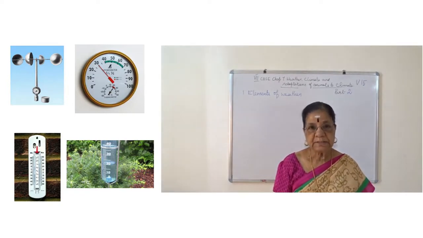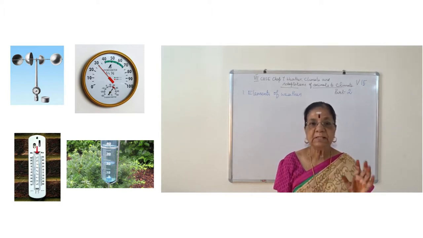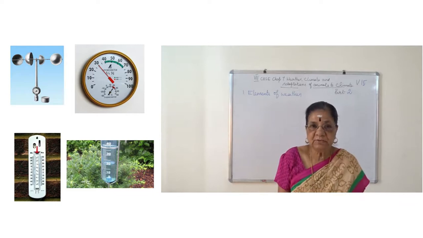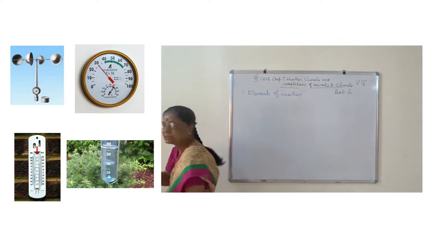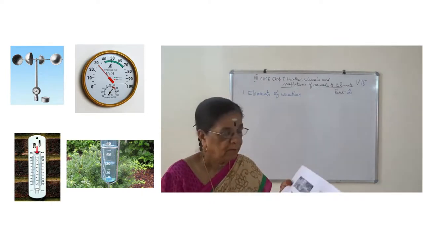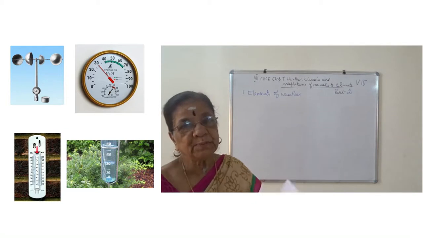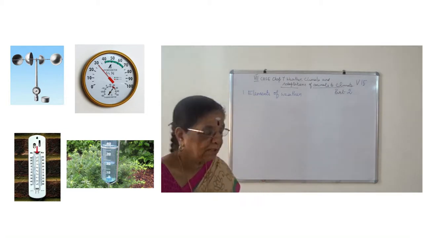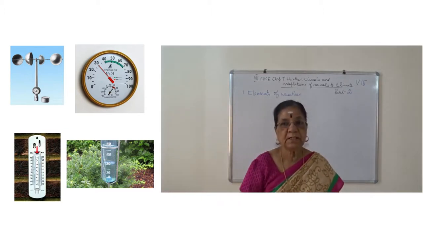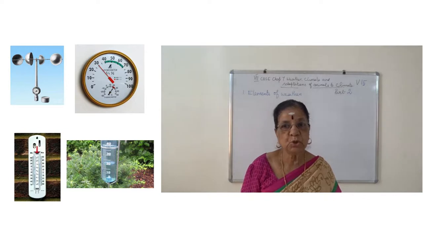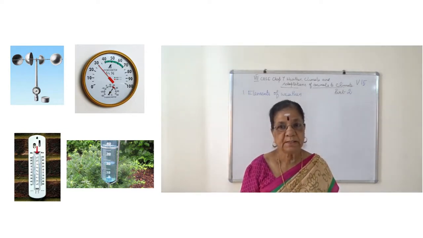Temperature can be measured using a maximum minimum thermometer. In today's video session you will go through this, and you will see the picture of the maximum minimum thermometer. This is the maximum minimum thermometer. The second one is the rain gauge, where the amount of rainfall on earth